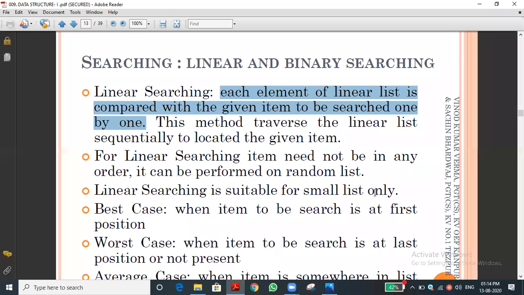Every time it will take one line at a time, so it will take the first loop and execute, and then the second time and the third time, likewise the time will increase. So if there is a large number of elements in a list, for example hundreds or thousands of elements, and I want to search for an element, that is not practical.